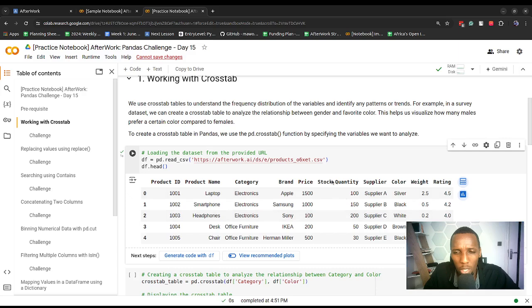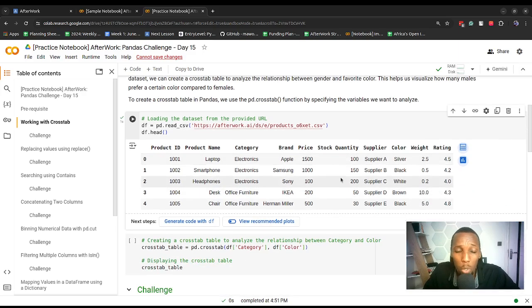Each and every record represents information about a product. If we wanted to determine the relationship between the different colors, or different values, in this categorical variable, then we can